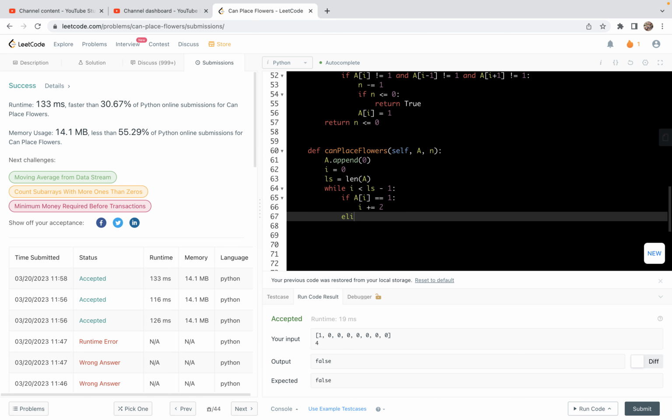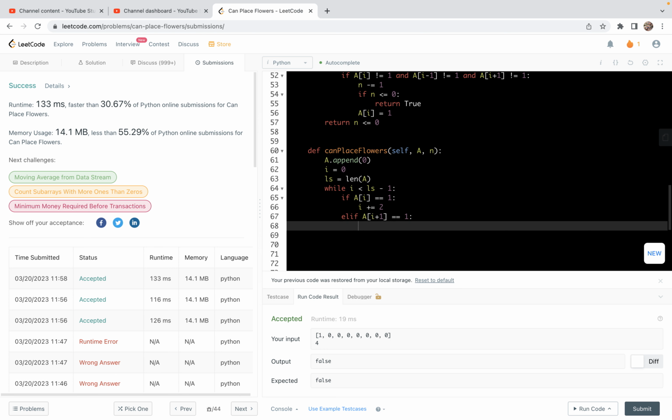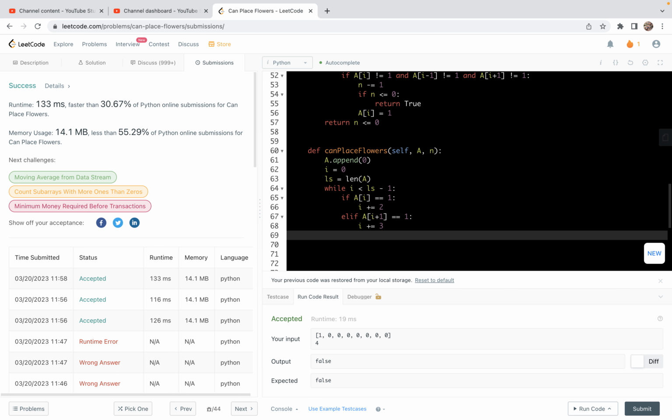This is one case. In the other case, if the current position is empty, then we're going to check if the next position is empty or not. So if the next position is not empty, then we know the next position cannot place a flower, and also the position after cannot place flowers. Then I'm going to increment this i by 3, right? Otherwise,